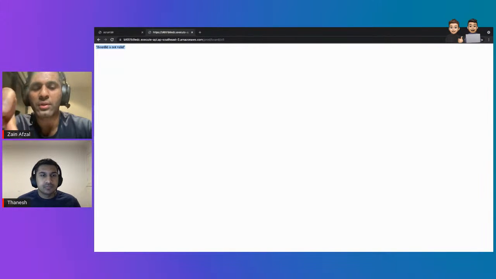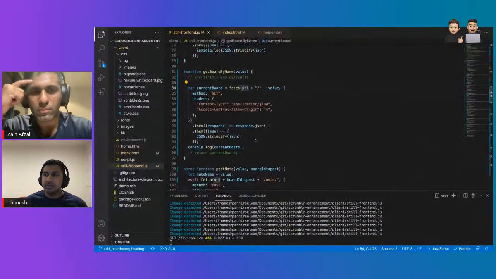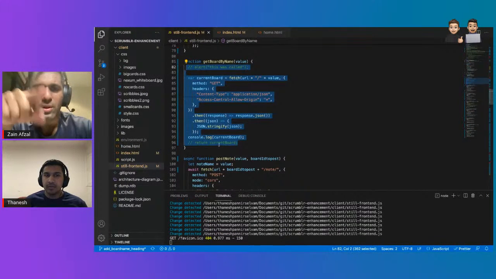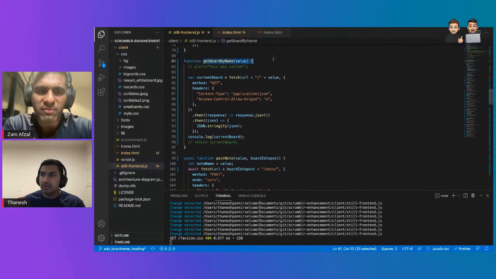It doesn't work with a name. Is that making sense? Yeah, that makes sense. But in this case, aren't we trying it with the name? So you know how it says get board by name, and then we're passing a value. I just wanted to see if that current board actually returns us the